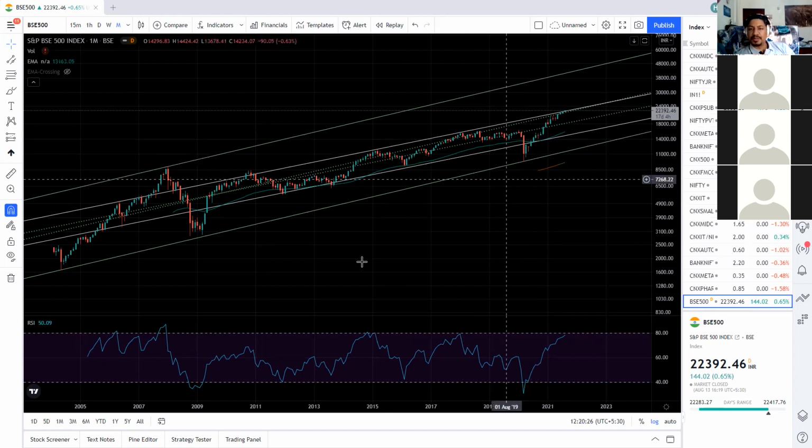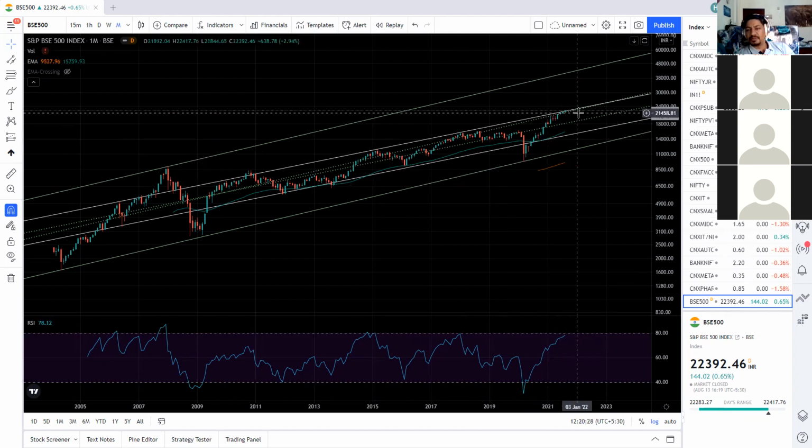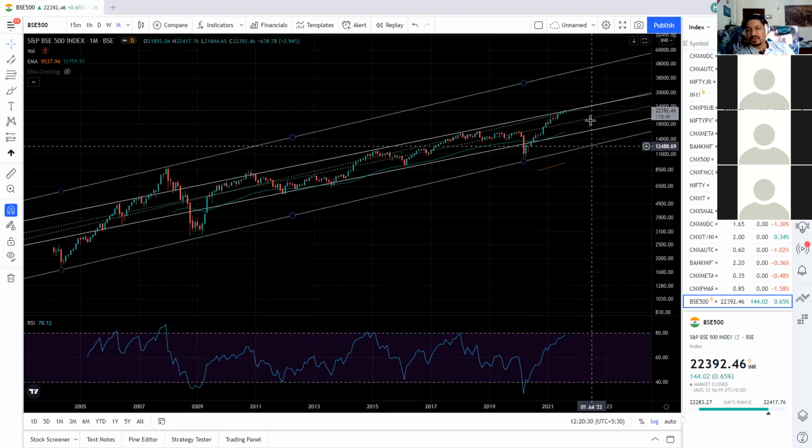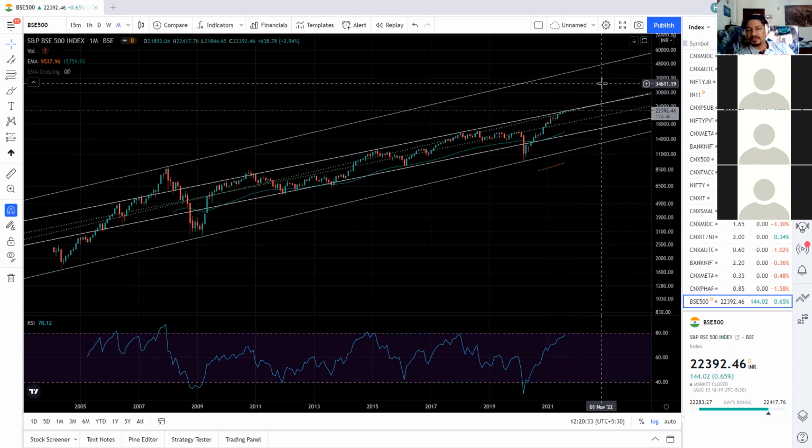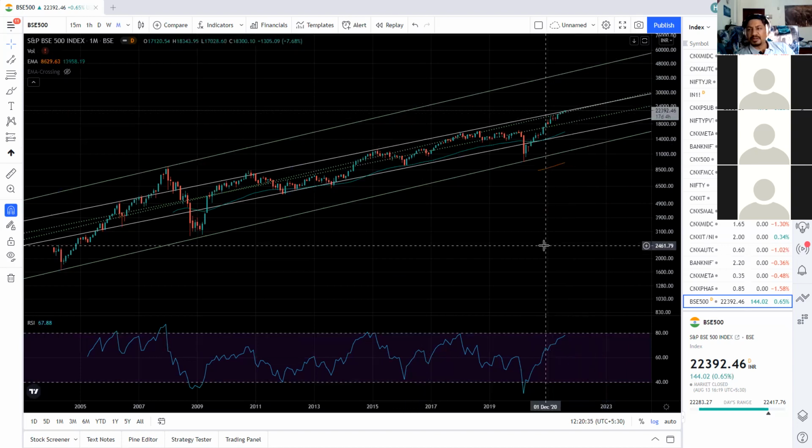So this will happen on the bigger picture also. This will happen on the medium picture and smaller trend also. Like it happened last week, right? This is the support of a small cap and it should bounce from here. The probability was there and the market took the bounce from that exact point. So we can pinpoint in technical analysis that these are the areas where it should bounce.